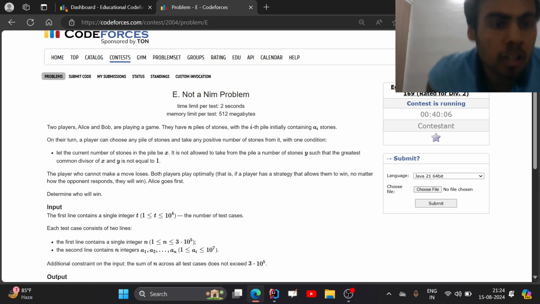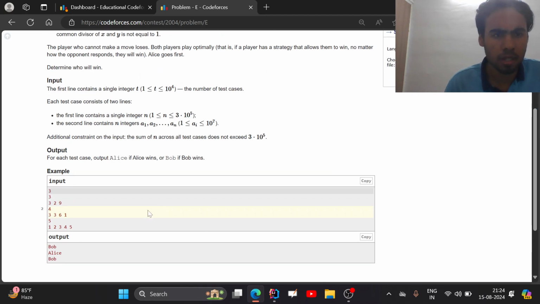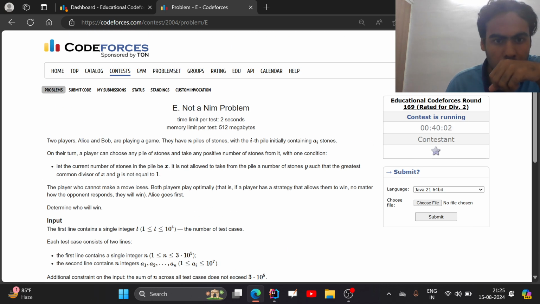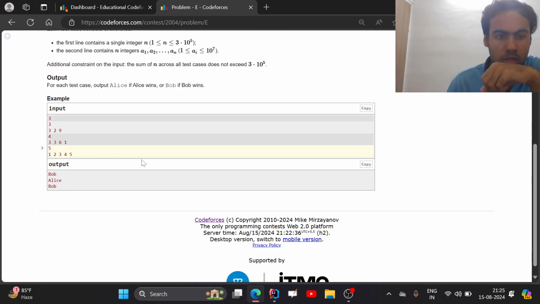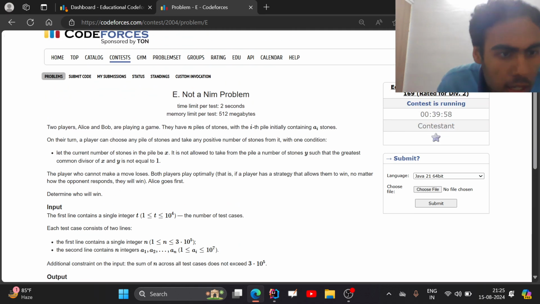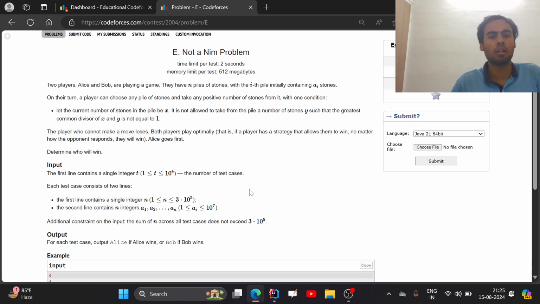I'm back. Let's try the E problem. I think the E problem is not very high. I think it's not a NIM problem. It could be a NIM problem, though. Let's read it. Two players are playing a game. They have n piles of stones, and the ith pile initially contains AI stones. On each turn, a player can choose any pile of stones and